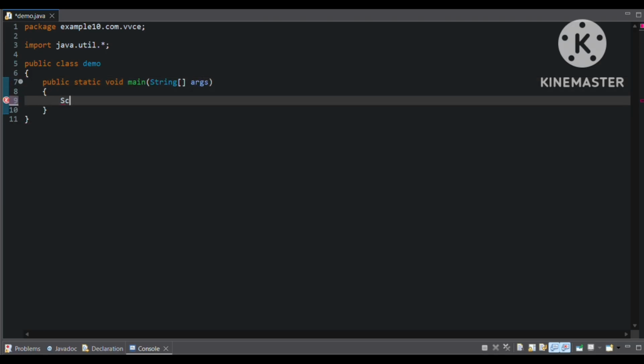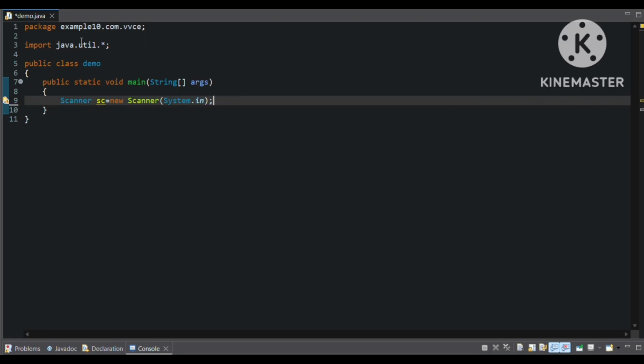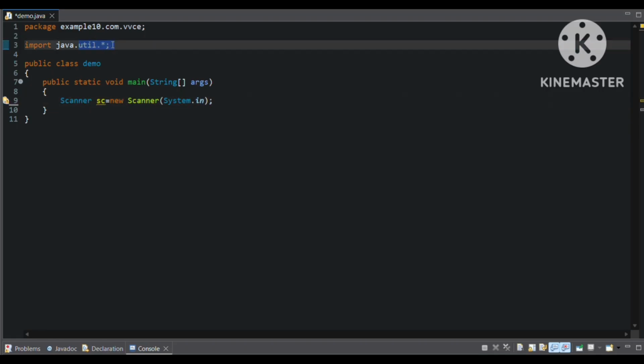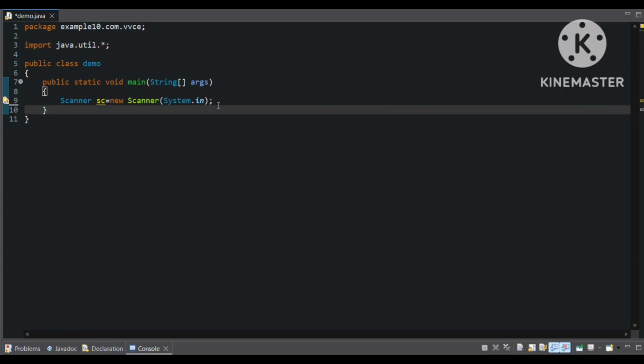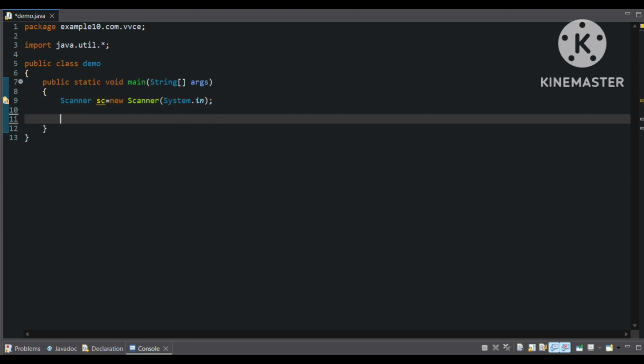We'll have to create an object of the Scanner class, which is an inbuilt class that is inside the util package. That is why we have written java.util. You can also write Scanner, or you can just use an asterisk, so that all other inbuilt classes also will be imported. Now we'll